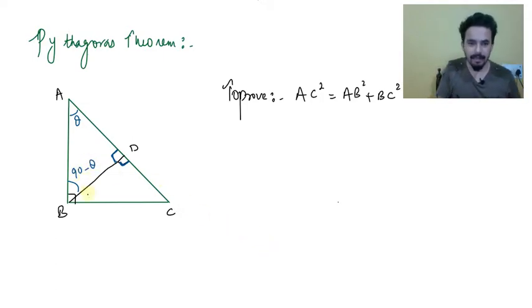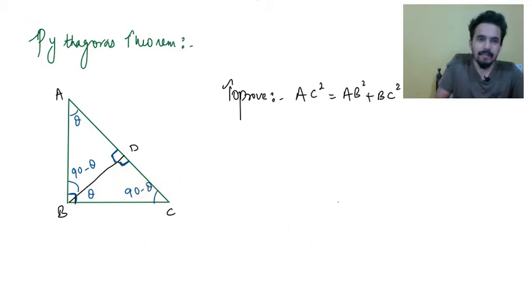Alright. Similarly, if this is 90 minus theta, this complete angle is 90 degree. This means that this must be theta, so that their sum will be 90. Theta and minus theta cancel out. Similarly, if this is 90, this is theta, right? So what is this angle? This will be simply 90 degree minus theta. Alright, so this becomes 90 minus theta.